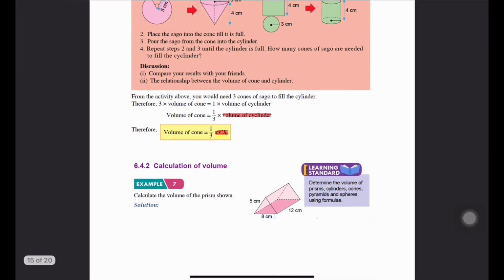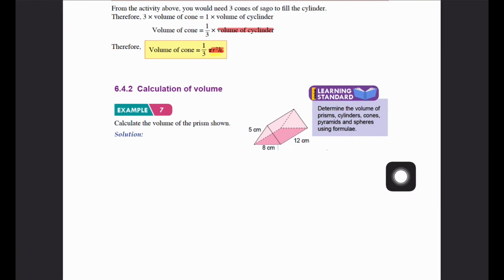Okay, now let's move to the next learning standard. Determine the volume of prism, cylinders, cones, pyramids, and spheres using formula. Okay. Now let's look at the first example. Okay, example 7. Calculate the volume of the prism below. Okay, where we know that,